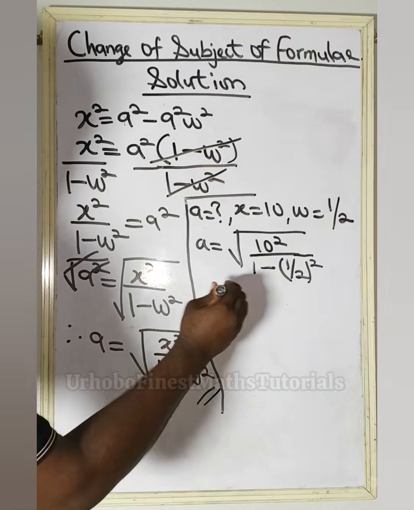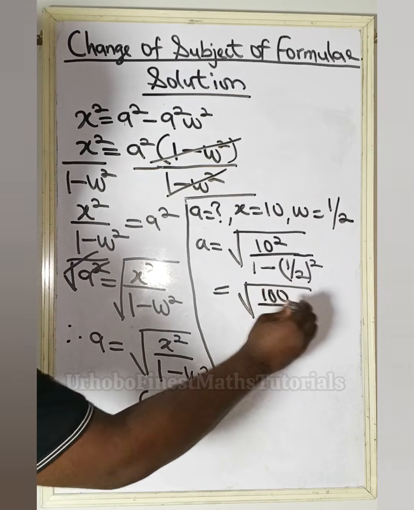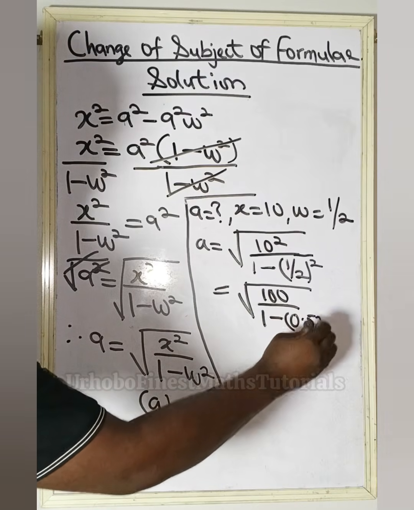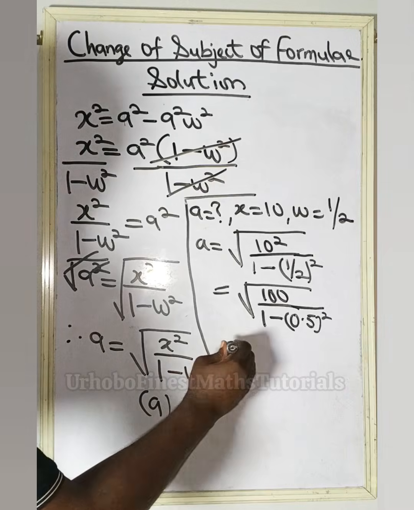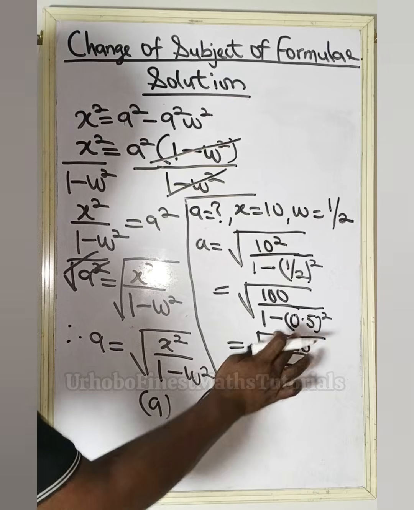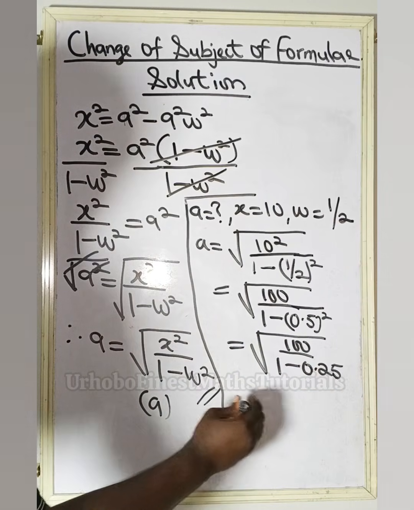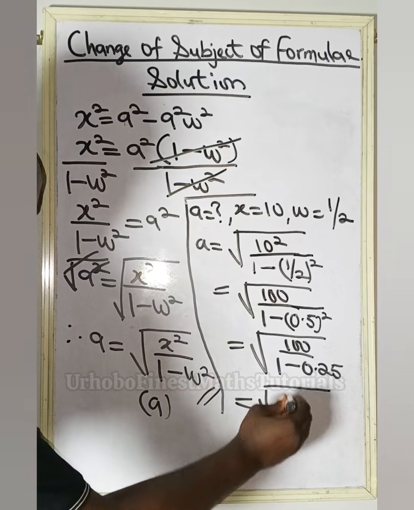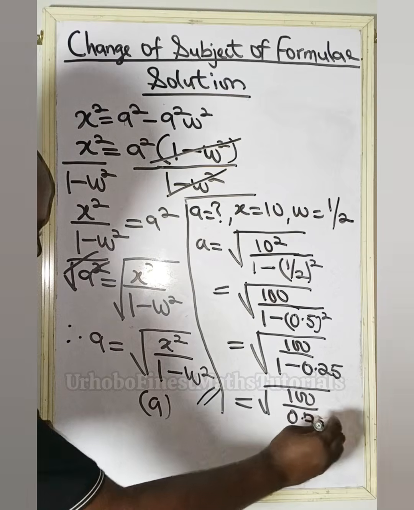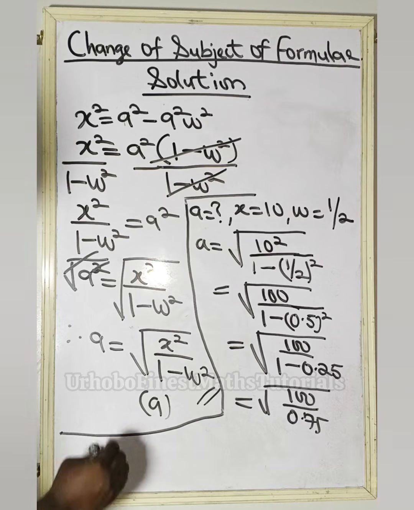Okay, so this becomes the square root of 10 squared is 100 over 1 minus 1 over 2 is 0.5 all what? Squared. So this will be equals the square root of 100 over 1 minus 0.5 all squared will give you 0.25. So this will give you what? The square root of 100 over 1 minus 0.25 will give you 0.75. Now 100 divided by 0.75, so it becomes the square root of